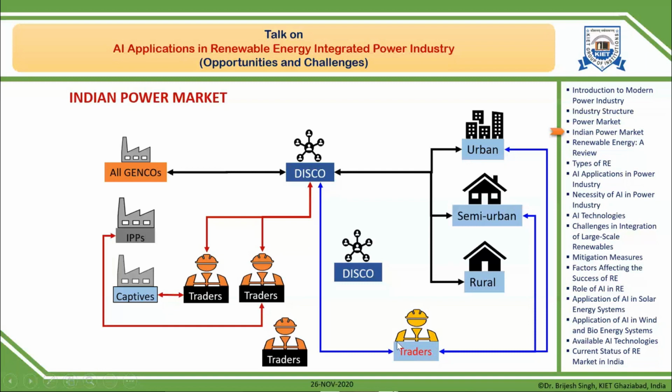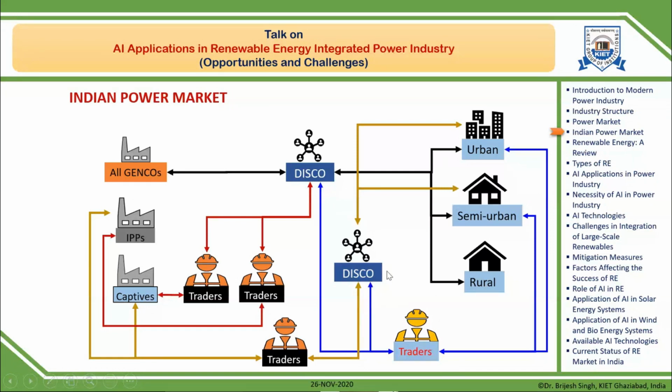So these traders, and the number of distribution companies, come into the picture, and after some time they make a direct contract with the generating corporations, IPPs and captive plants, and deliver the power to the consumer. Sometimes they also make contracts with the local traders at the distribution side. So you can see that by the decentralization of the market structure, the opportunities increase, and the number of stakeholders and participants come into the picture, and they play an important role in the entire power transactional